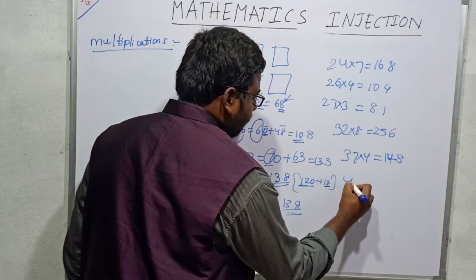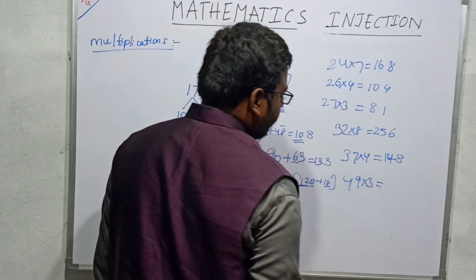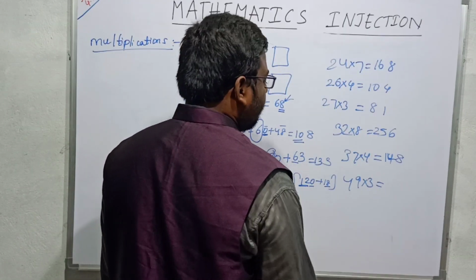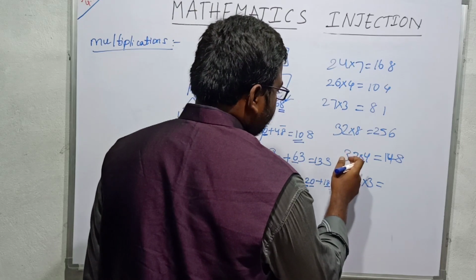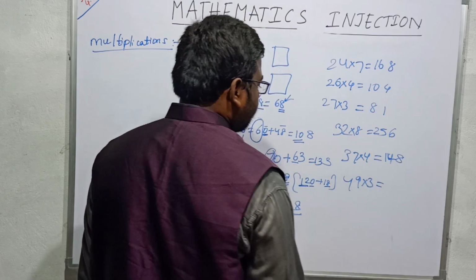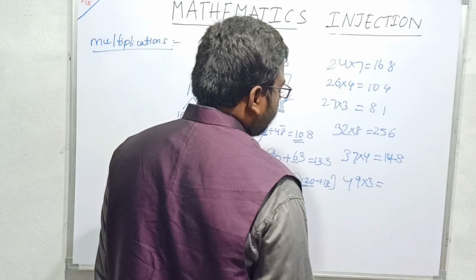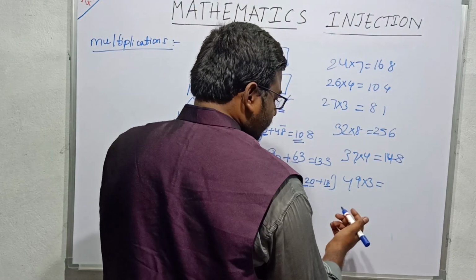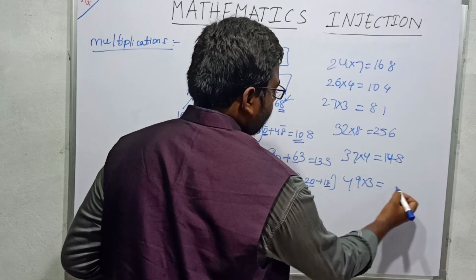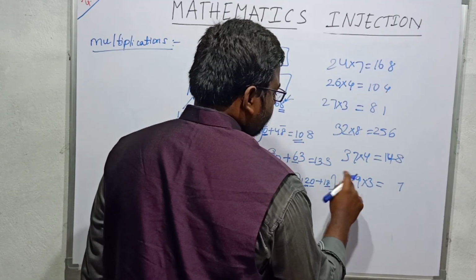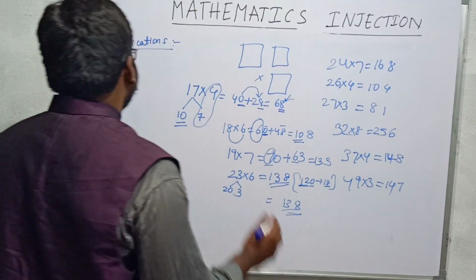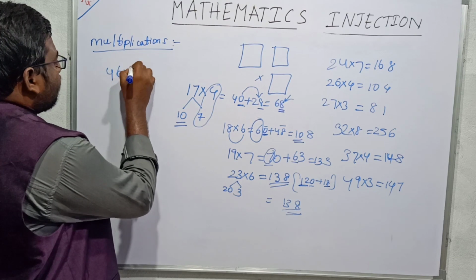And if I have to calculate 49 into 3, although I can write 49 into 3 as 50 minus 3, 150 minus 3 is 147, but we will try to add for this also. I can write this as 40 into 3 is 120... splitting always depends on us, so we will try to add in a complex way. So I choose the addition. What I will do is 3 4s are 12, 3 9s are 27, 7 will be here, 12 plus 2 is 14, 147.